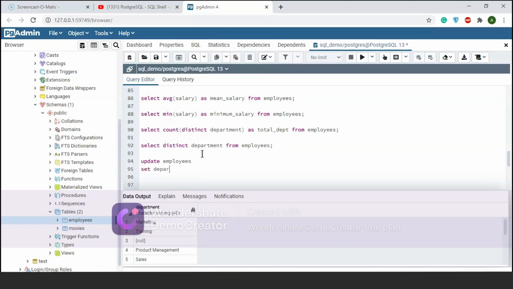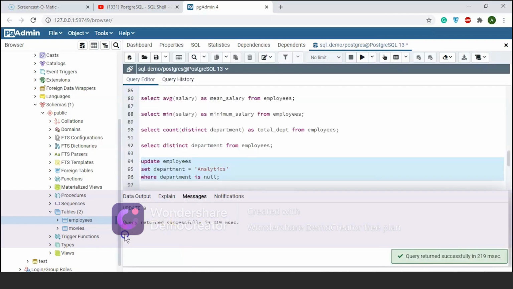I'm going to set my column, that is department, equal to, within single quotes, analytics, where department is null. So wherever the department has a null value, we'll replace that information with the department analytics. Let's run this. You can see the query returned